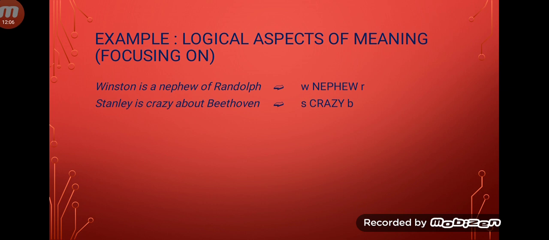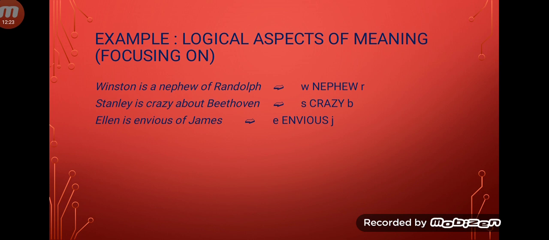Stanley, we can write just the initial S, and then crazy becomes a predicator using a capital letter, and then Beethoven